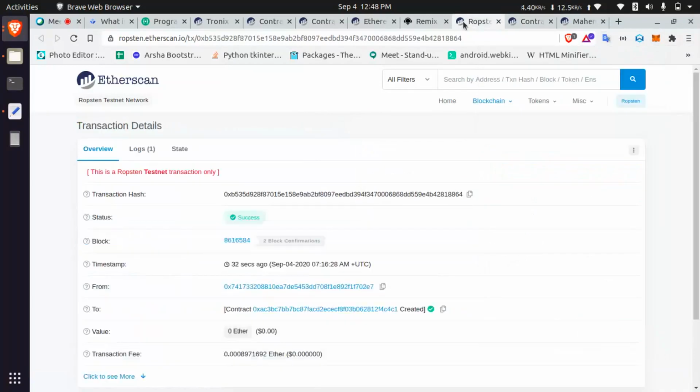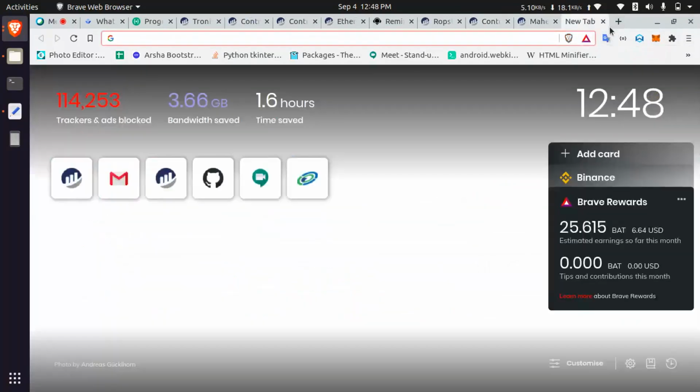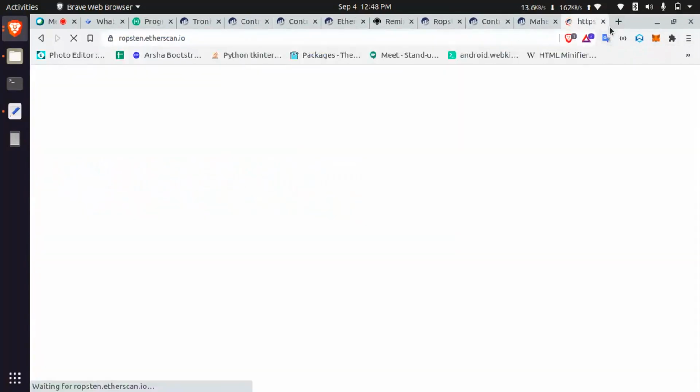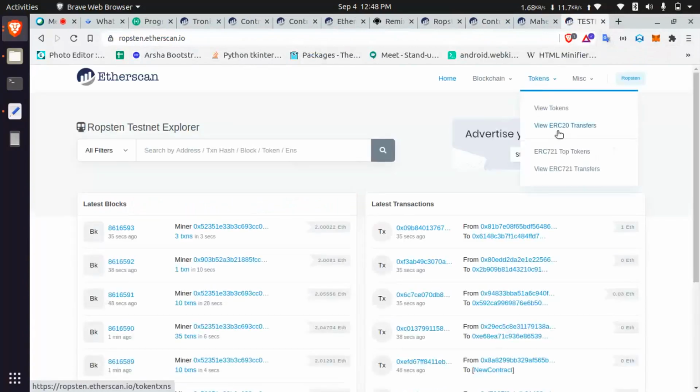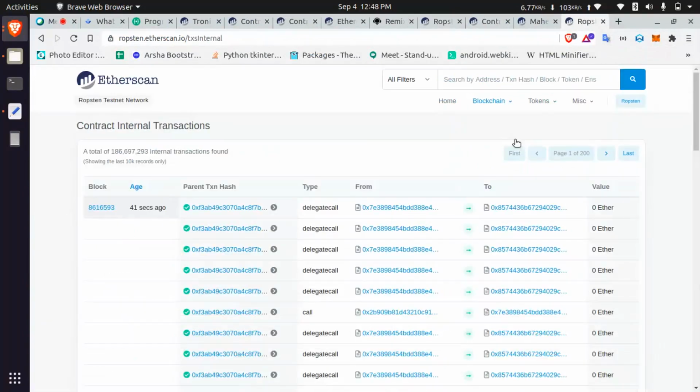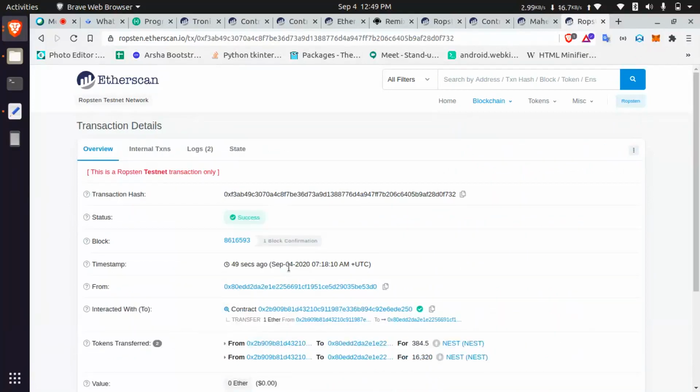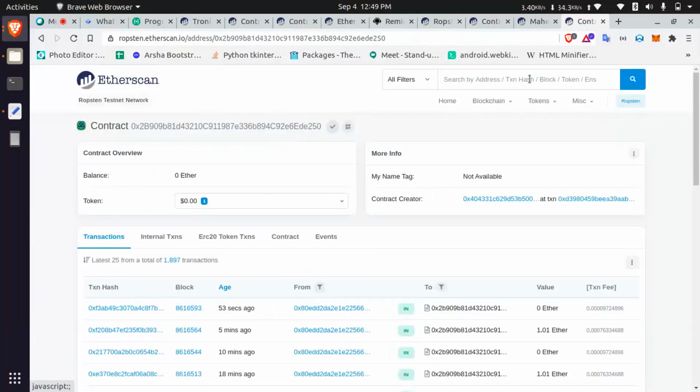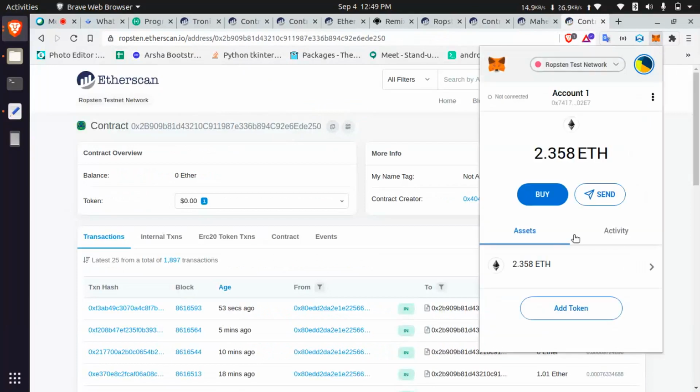If you are entering another contract, like, let me fetch contract transactions. This is the contract address. I'm just copying it.